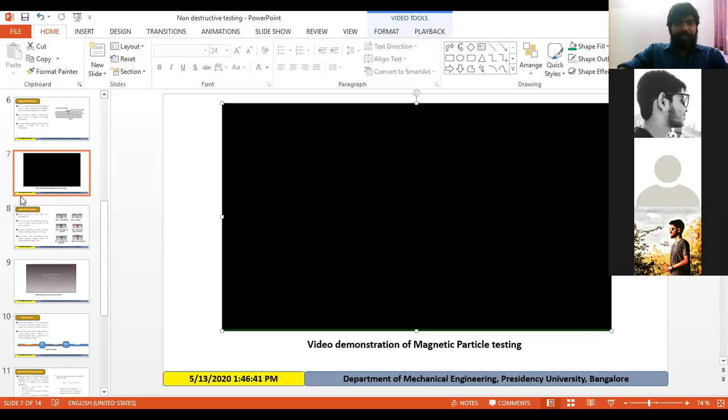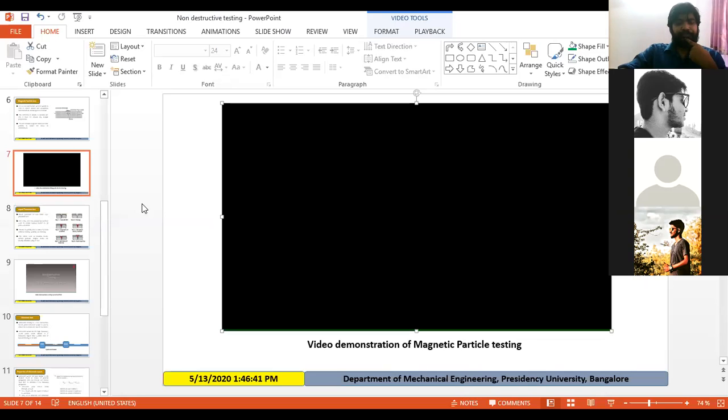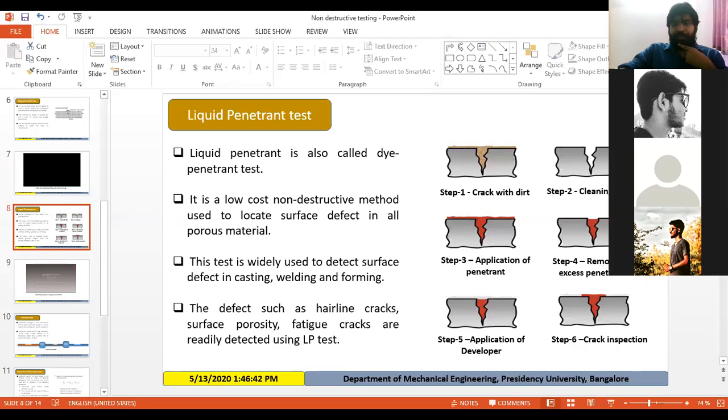Okay. The next method of non-destructive testing is, just a minute, why it is hanging. Okay. So the next method is